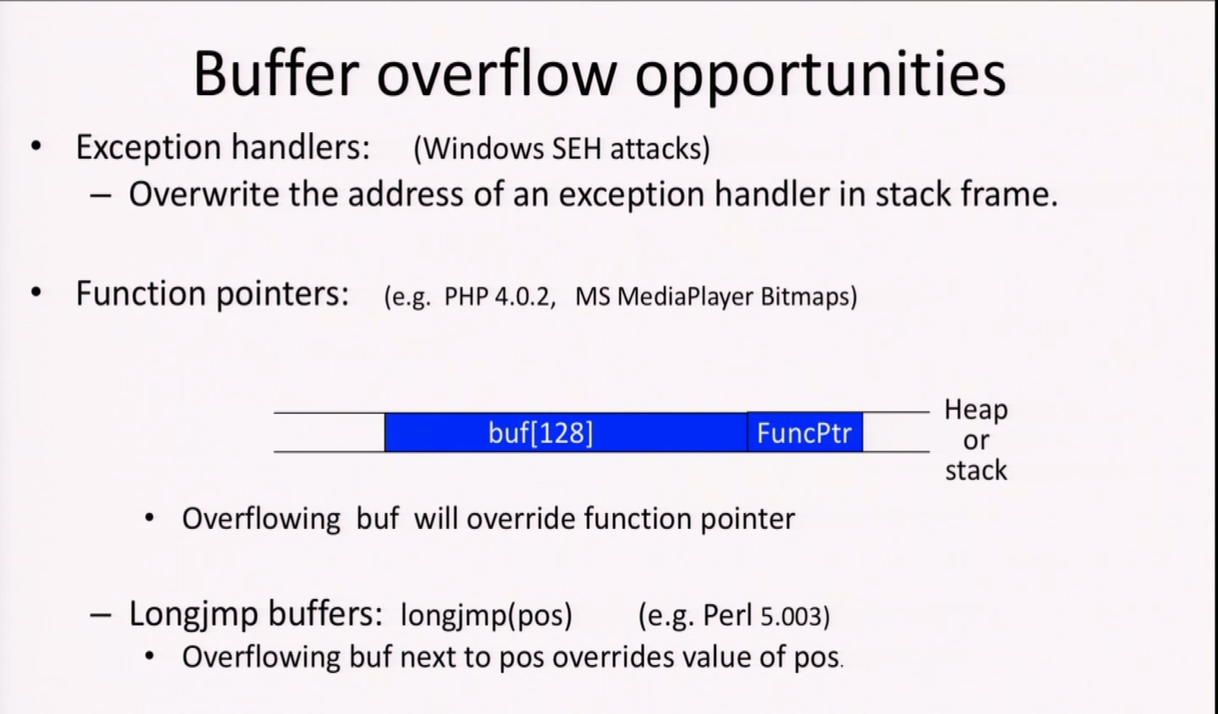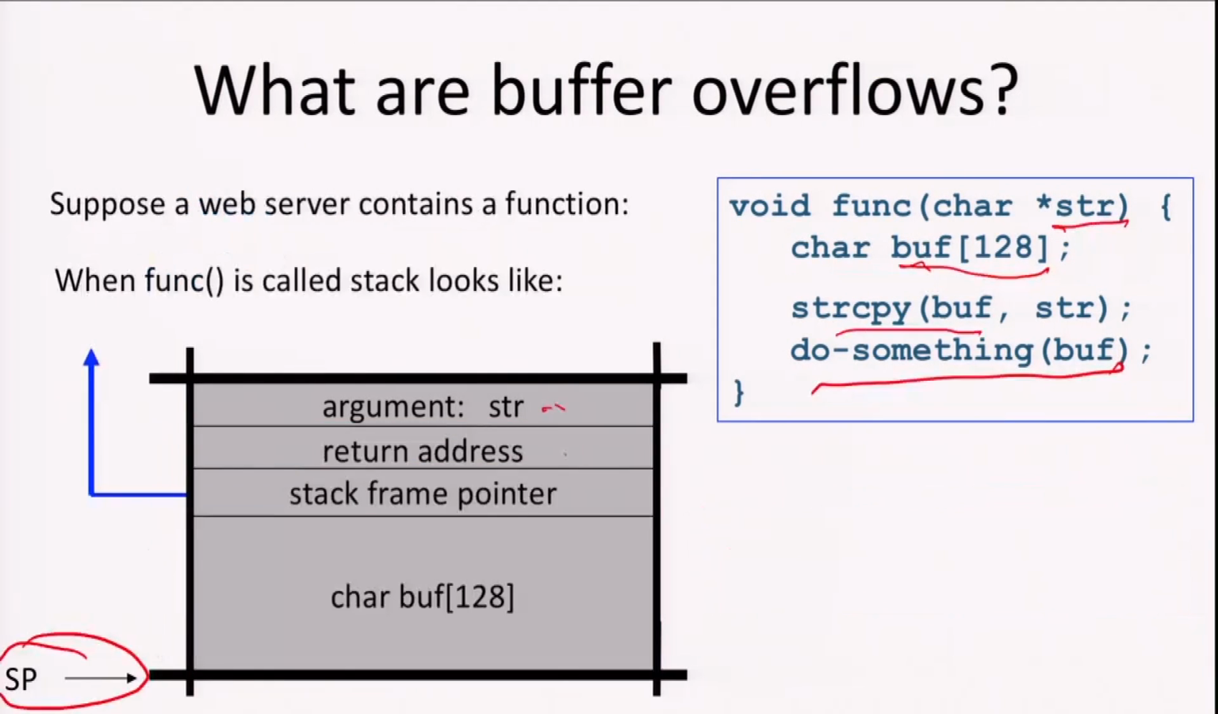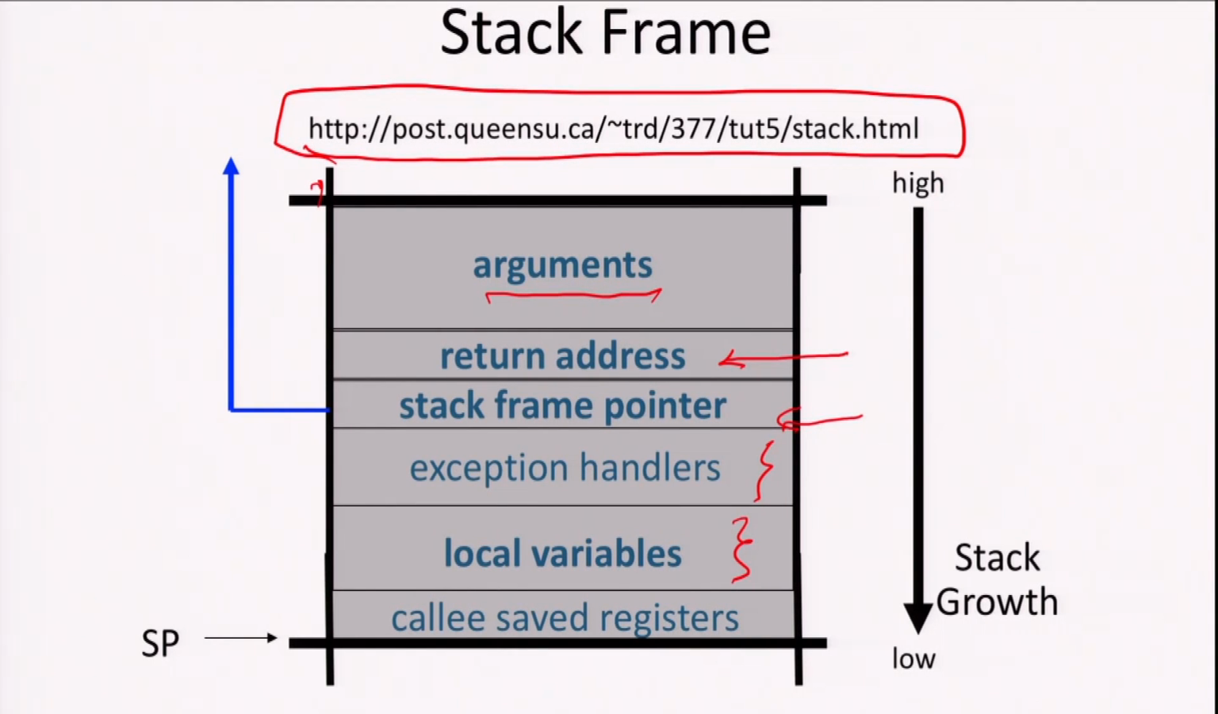So the buffer overflows that we saw until now were actually overflowing variables, mostly buffer type variables, by writing strings onto them, and then overwriting other variables, function pointers, return addresses, frame pointers, and things like that. But there are other things that might be affected by buffer overflow. For example, exception handlers. If we go back to the structure of the stack that we saw before,